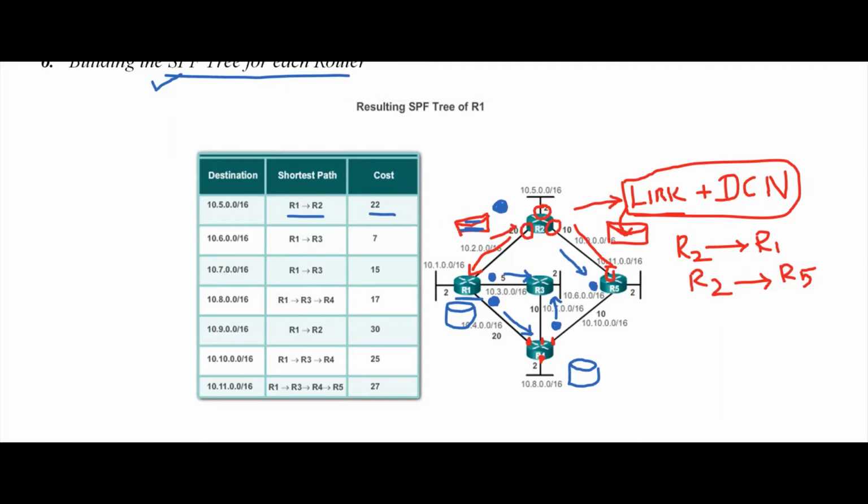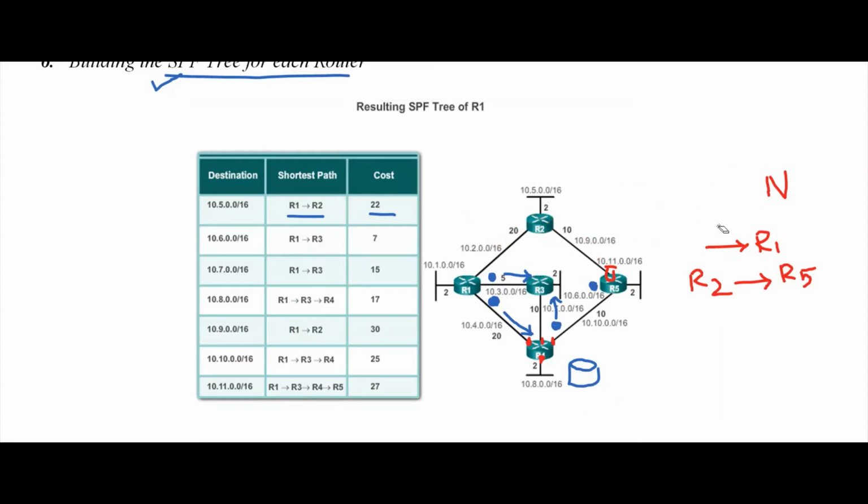I will clear everything so that you can see how it is calculating. Recording is there, no need to worry, you can see everything in the recording very clearly. Now you see, we are now in R1, we are going to talk about R1. R1 is creating a shortest path tree, this is called the shortest path tree. Now R1 to R2, this is the first. So what is the cost?